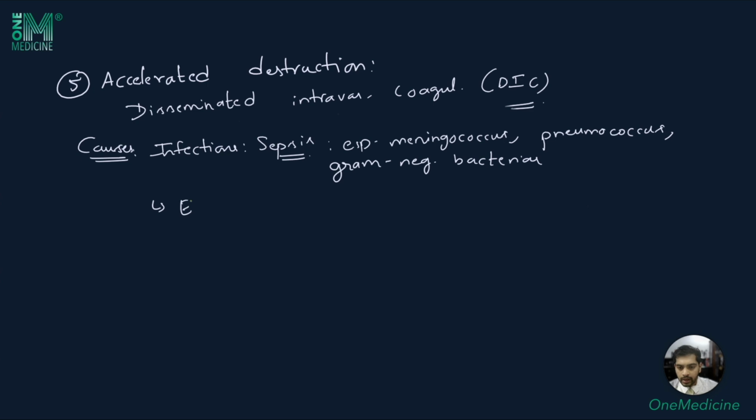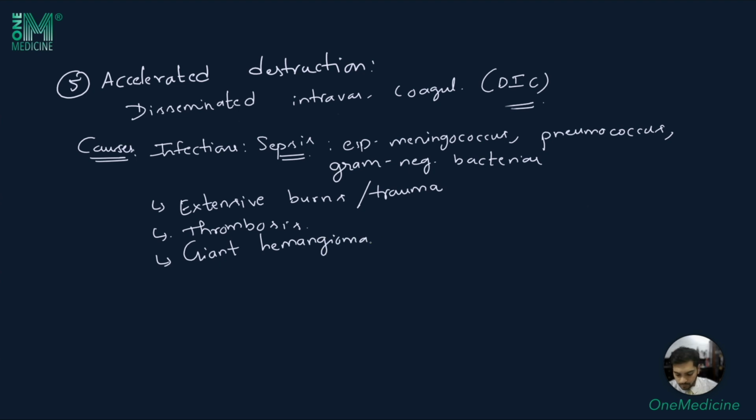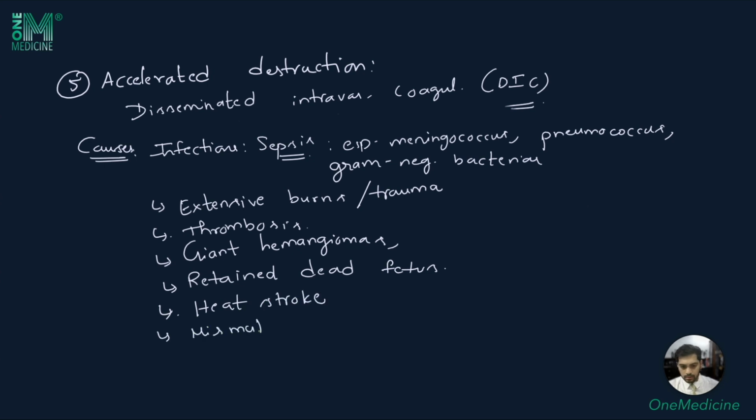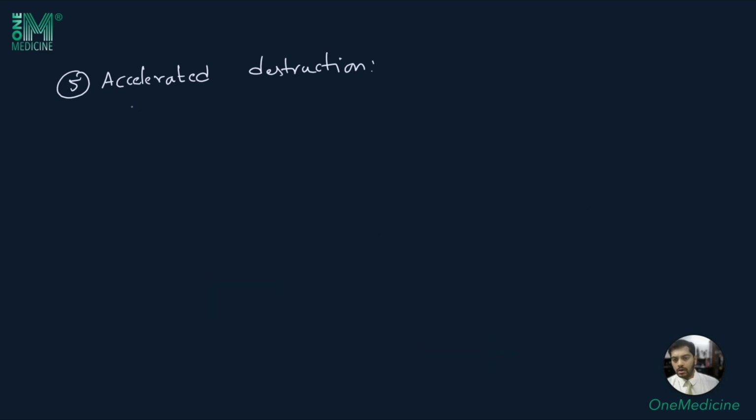Other causes of DIC include extensive burns or trauma, thrombosis, giant hemangiomas, a retained dead fetus, heat stroke, mismatched blood transfusion, metastatic carcinomas, and even acute promyelocytic leukemia. Let's move on to the other cause of accelerated destruction of platelets, and that is thrombotic,